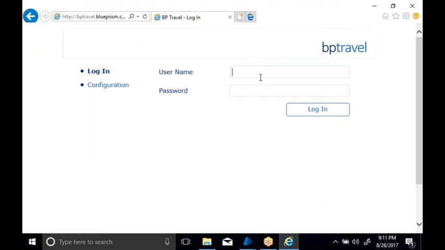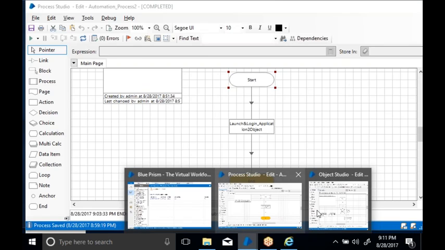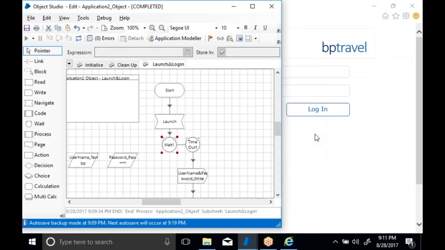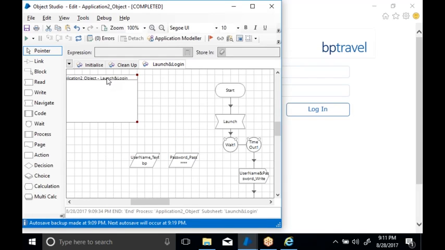Inside the object, inside the object launching. After launching, I will look for the username element. If the username element is there, then directly go to the next stage. Now let's do this. Now you can only see in a wait stage, waiting start and waiting end. Later, once I put a condition, you can see one more option, one more feature will come. What is that?